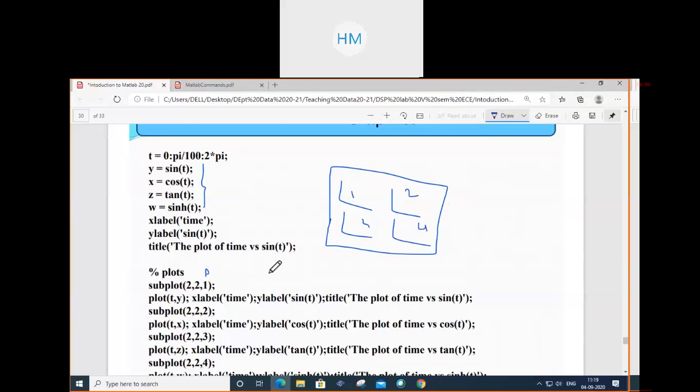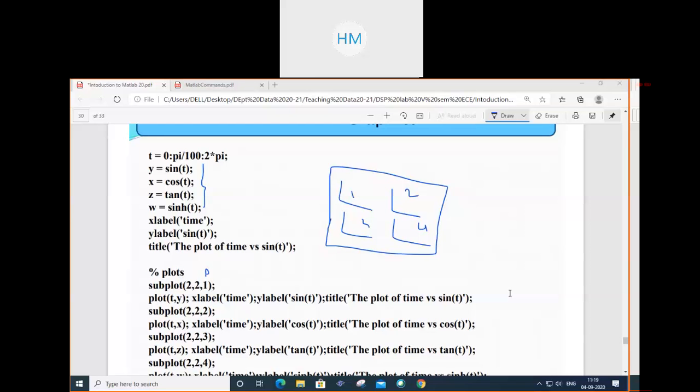This divides the current figure into an m by n grid and creates axes in the position specified by p.